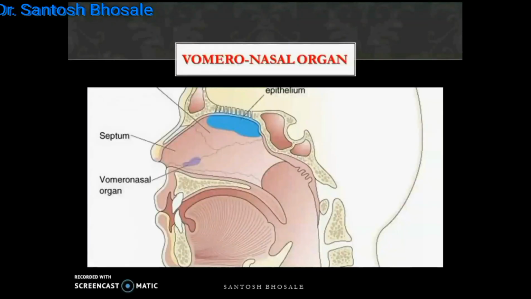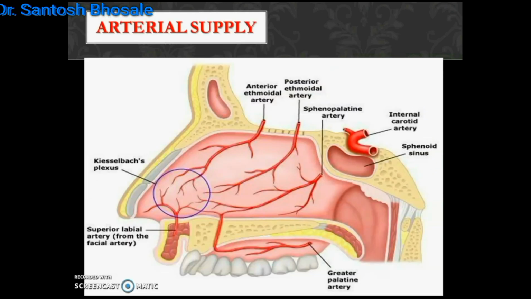So you know the boundaries, and sometimes between the septal cartilage and vomer bone there is vomeronasal cartilage containing the vomeronasal organ of Jacobson. It is a blind mucosal pouch around 2 to 3 millimeter wide, lined by olfactory epithelium. It is prominent in lower animals like dogs and rabbits.